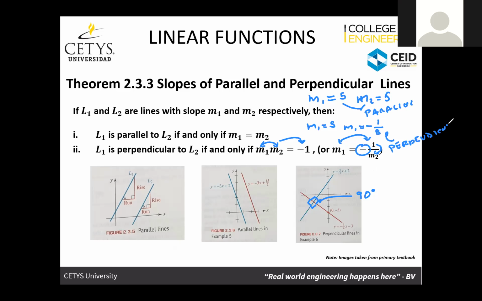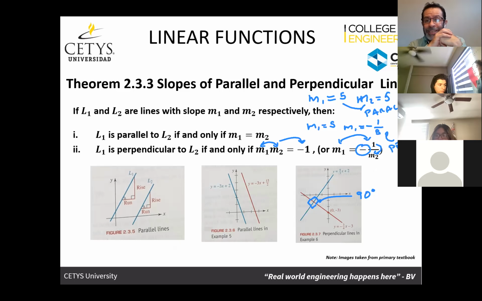It always has to be negative. Yes, it's very important, Leo. It has to be the reciprocal. Reciprocal means that it is the inverse. So it's 1 divided by the number, but it also has to be negative. That's a good question that Leo was mentioning. Now, if I have one slope that is 5 and the other slope is 1 divided by 5, for example,